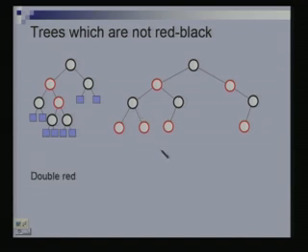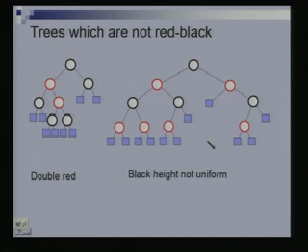External node. So, the problem here is what we call a double red problem, right. We will use this term quite often, double red, as in 2 reds occurring consecutively, one after the other. Here I add the external nodes, right. The black depth of this node is 2, of this node 2, of all of these it is 2, this is also 2, this is also 2, this is 1. So, this is the culprit. For this reason, this is not a red black tree, right. So, the black depth is not uniform. Okay.